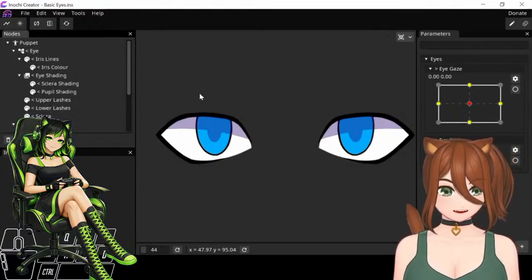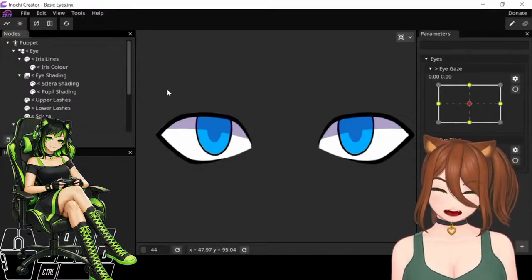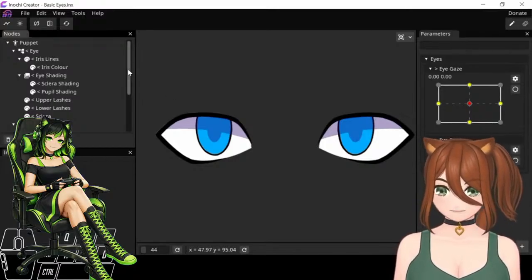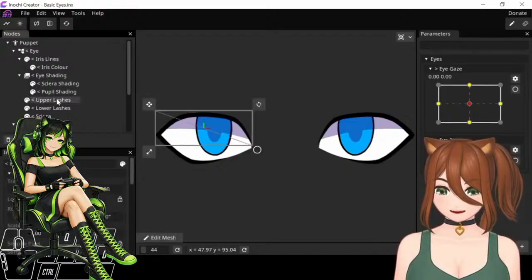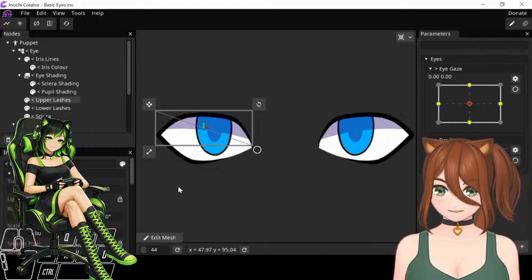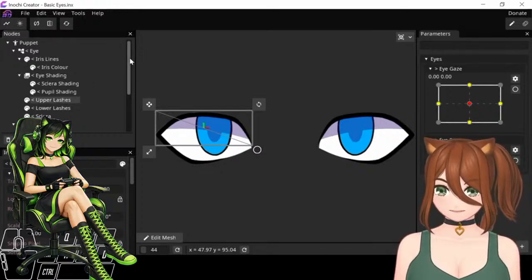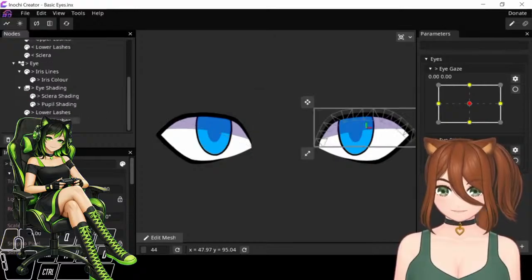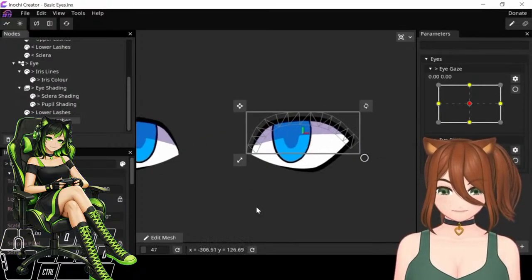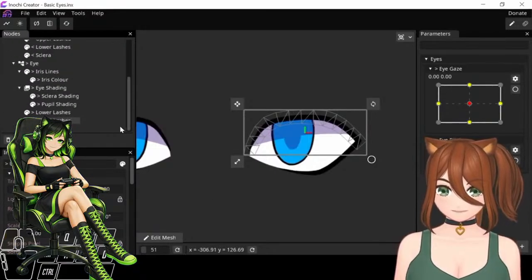So in the PSD phase, you're going to want to remember to make sure that you've got both sides fully separated out, and also all the previous steps about layer management replicated onto the other eye, but we can duplicate the meshes so that you don't have to redo that entire process. So what I'm going to do is select one side of upper lashes. It's a different model. I know the mesh looks different, but